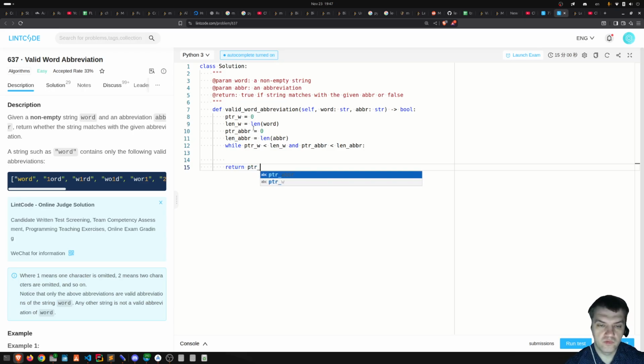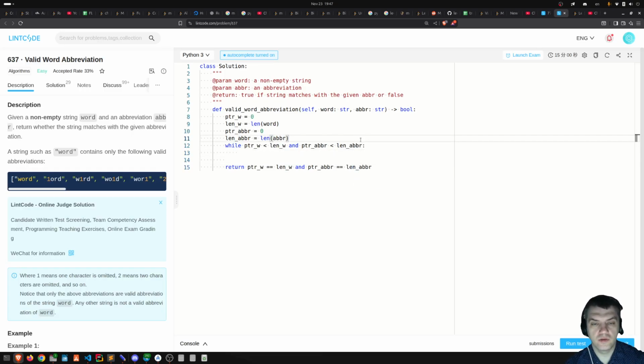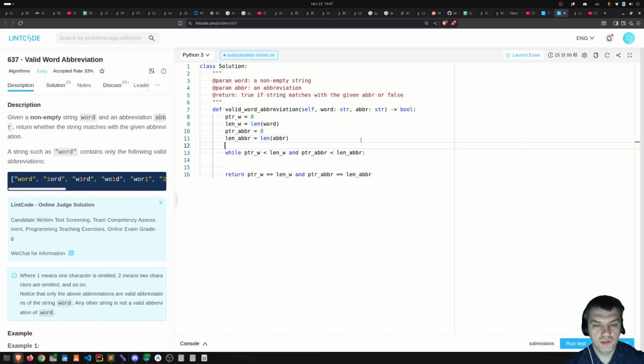PTR v is equal to PTR to len v, and PTR abbreviation is equal to len abbreviation. And then here I'm going to check if